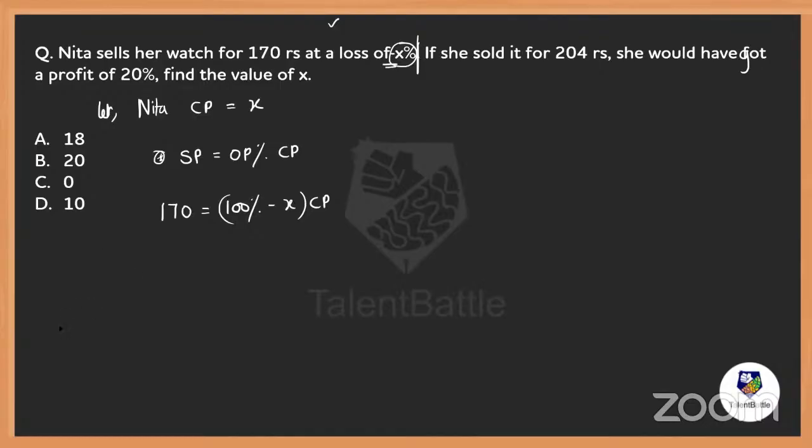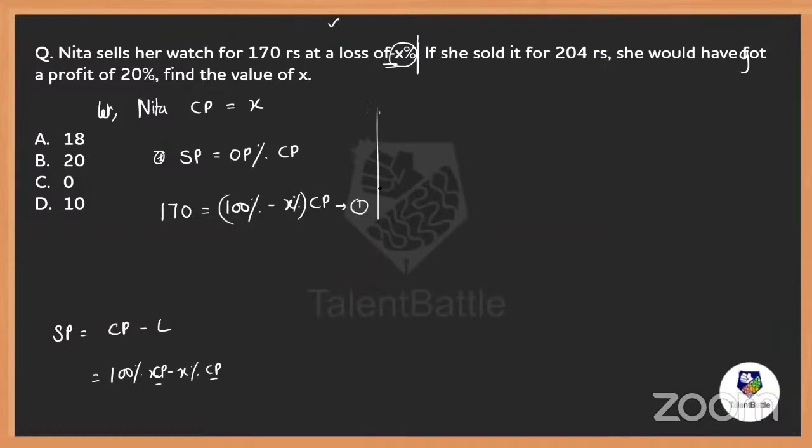But everybody, look, very simple. Selling price is equal to cost price minus loss, dear. Cost price is always 100% of CP minus loss, which is X% of CP. Is that clear, my dears, everybody? That is why I have taken CP as common and written 100 minus X%. Got it? So this is equation number 1.